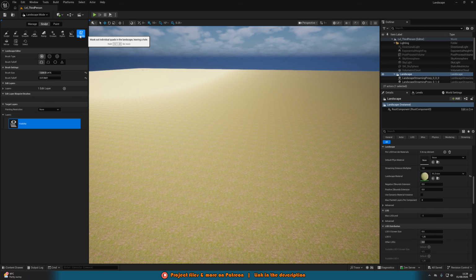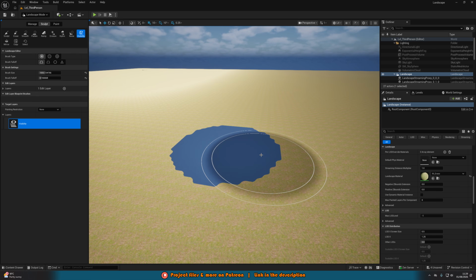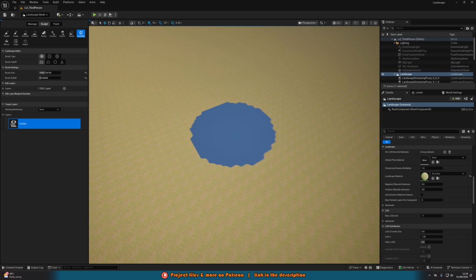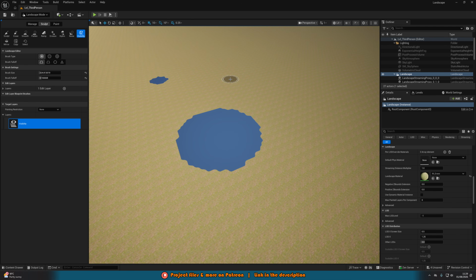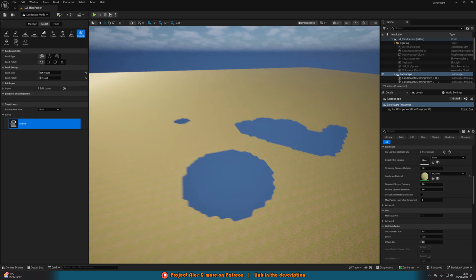So you can see it masks out individual quads in the landscape, leaving a hole. You can modify the brush size and the brush falloff the same as you would for normal sculpting and painting, and then just sculpt or paint like normal, and you can see we now have a hole in our landscape. So again, we can do this and create any size and shape hole that we want, and that just has